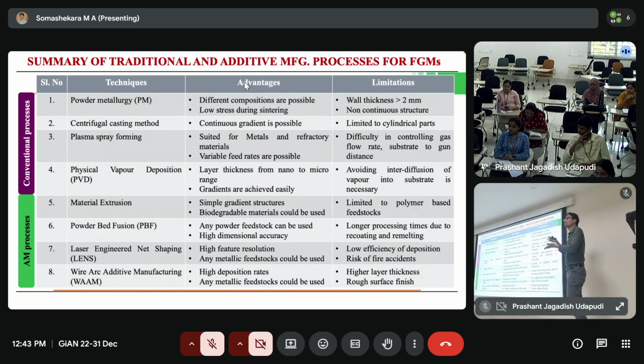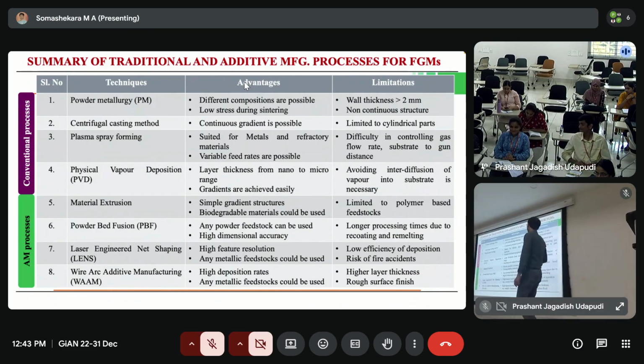It is easy to make a few layers, or a few thin films, but when it comes to making large structures, it will take days or months or years, right? So it is not easy when it comes to this technology. And then, as I said, as of now, a lot of other techniques are also being used for making gradient structures, and there is a lot of progress in these four technologies, which are material extrusion,